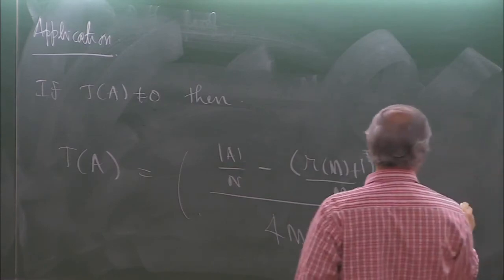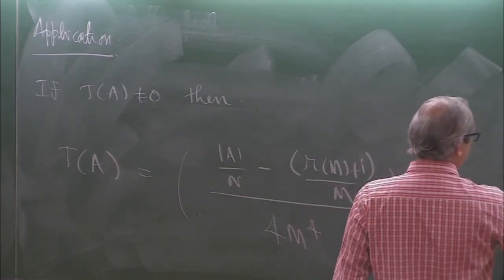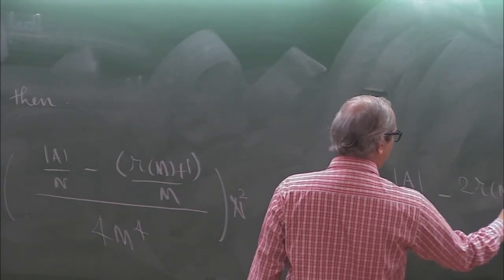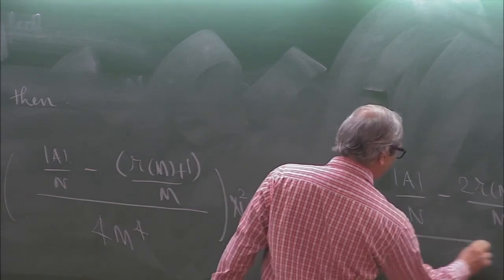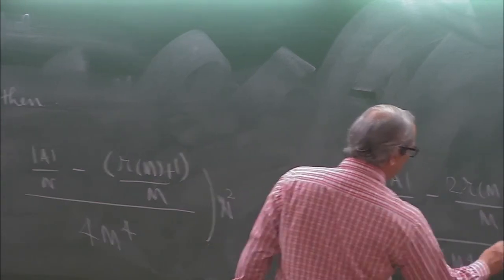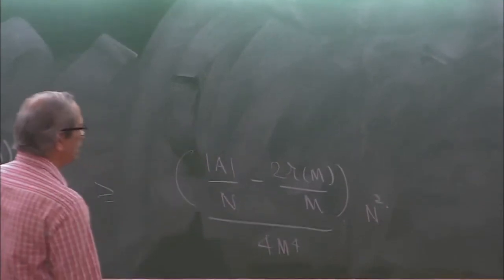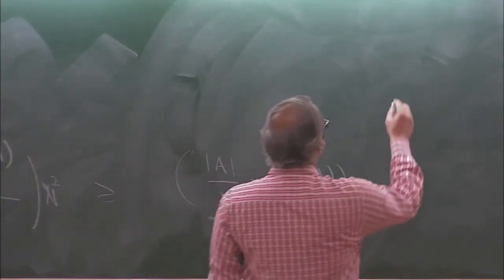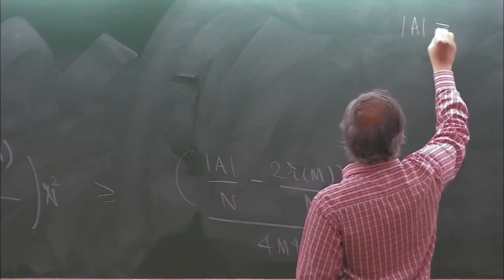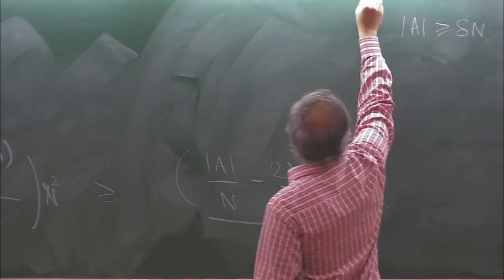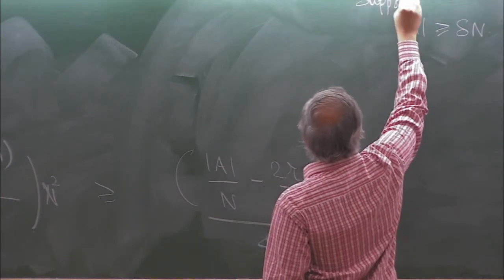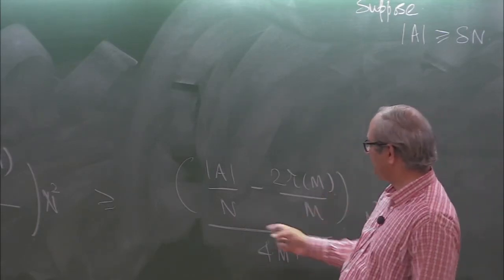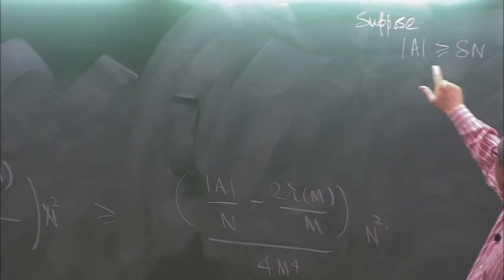So I will get that the cardinality of A is greater than (n - 2 times Rm by m) divided by 4 times m to the power 4, times n squared. Now suppose I am given an A with cardinality of A greater than delta n. This inequality is valid for any m between 1 and n, and now Roth's theorem tells you that